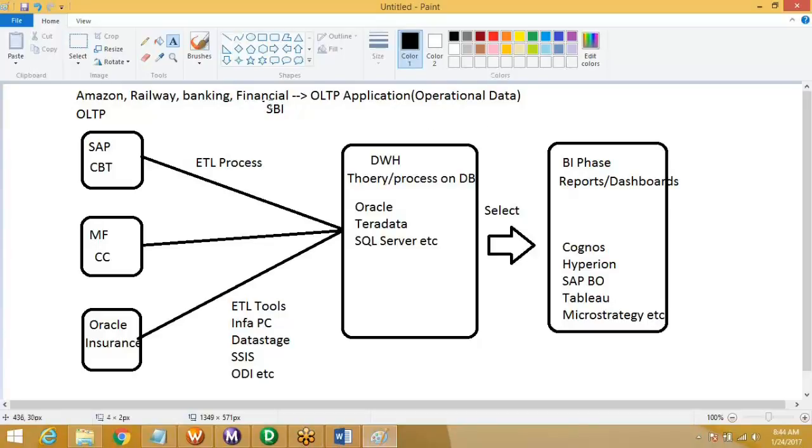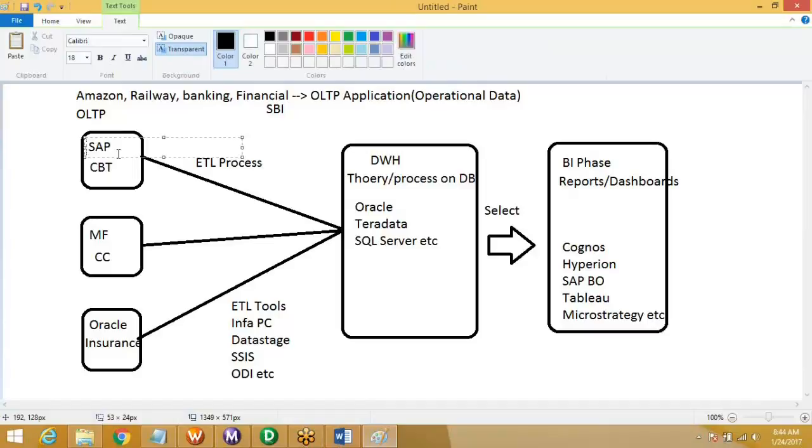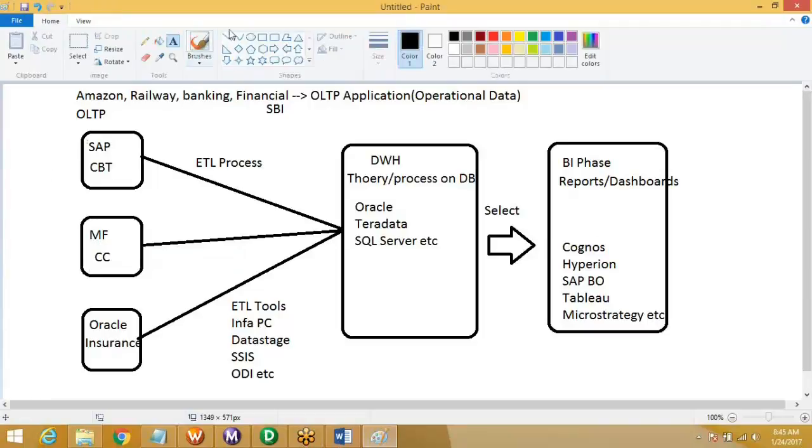Understood? Okay. So in the same way, for the State Bank of India, all the core banking transactions, meaning when you credit the amount, when you debit the amount, when you process some checks, when you process some DDs, are all stored in SAP. These are all the operational transactions. In the same way, your credit card transactions are stored in the mainframes. Your insurance transactions are stored in the Oracle system. So these OLTP systems are the online transaction processing systems which store the operational transactions